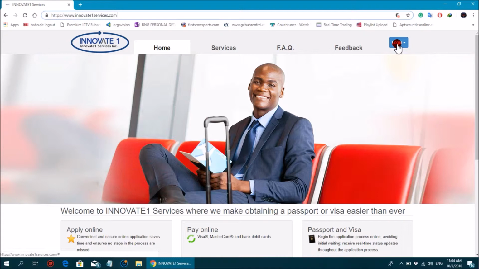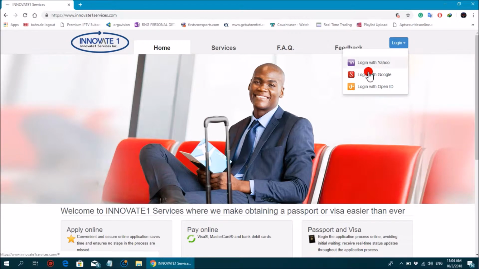Some people who have never used their email or computer to fill the Nigeria passport form online, your login will be different. Like myself, I have done it, so my email is stored in the system.